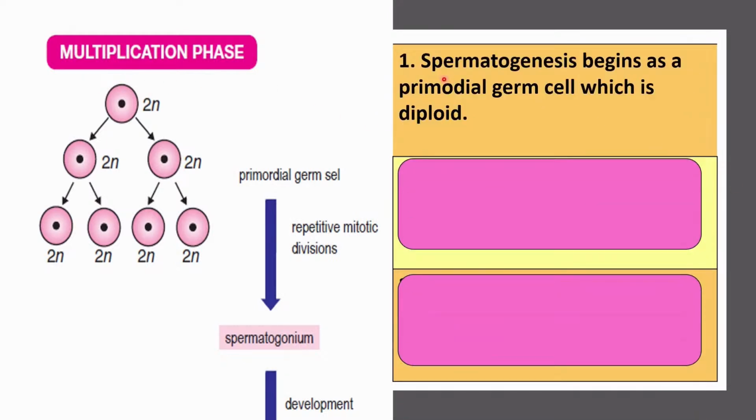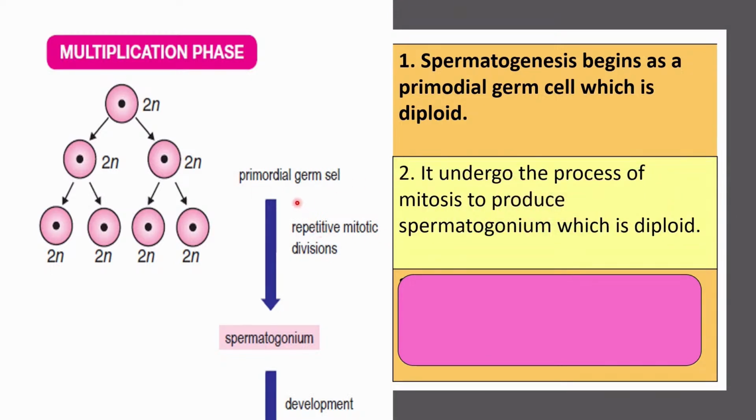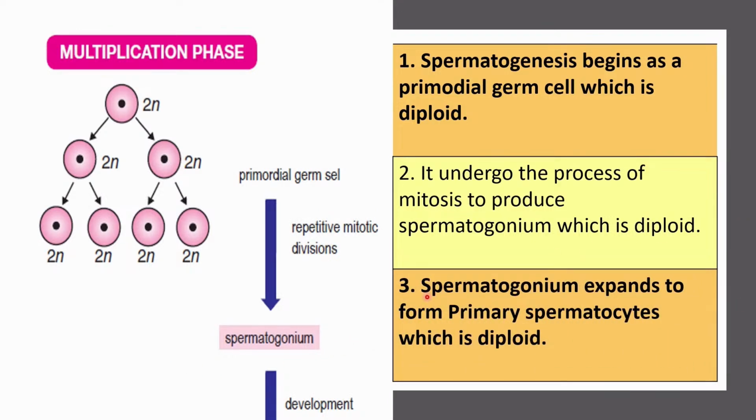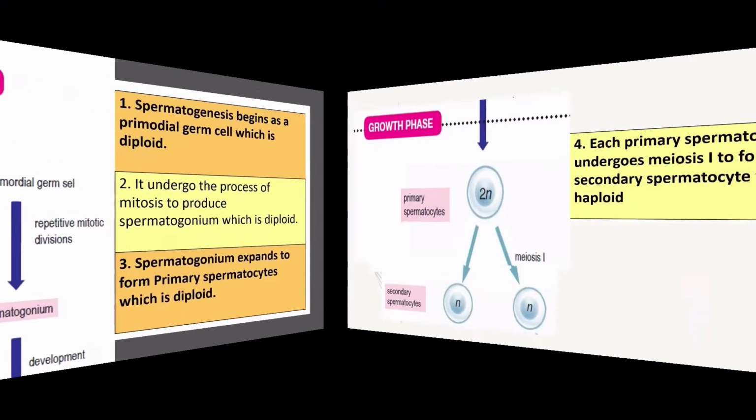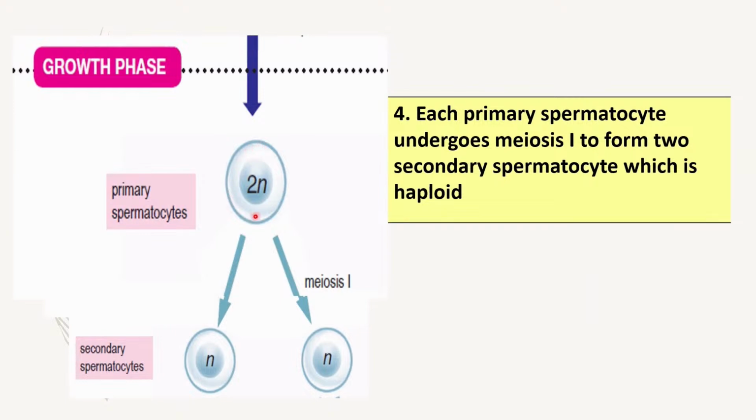First, spermatogenesis begins as the primordial germ cell, which is diploid. Then, it will undergo the process of mitosis to produce spermatogonium, which is still diploid. And then spermatogonium is going to expand and grow and form the primary spermatocyte here. So in the growth phase, each primary spermatocyte, which is diploid, will undergo meiosis 1